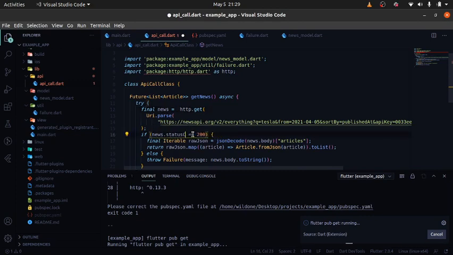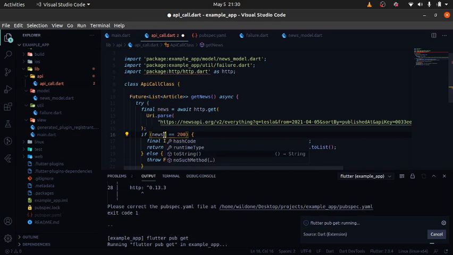And if I erase this now and I do dots, you'll see that we just have hashCode, runtimeType, toString, and no such method. But if I add the await, it now knows that this is not supposed to be dynamic. There are other things that could happen, but I think why I'm having this issue currently is because it's still trying to get the Flutter package. But so, status code